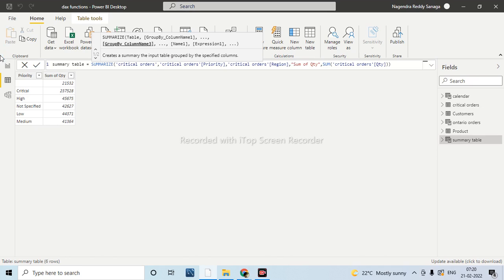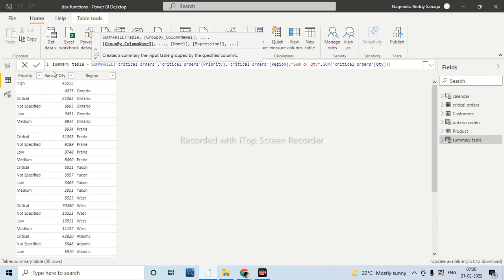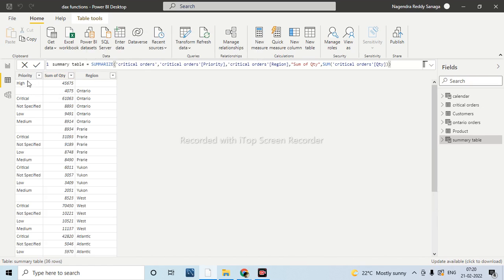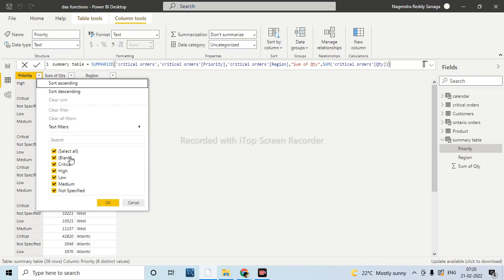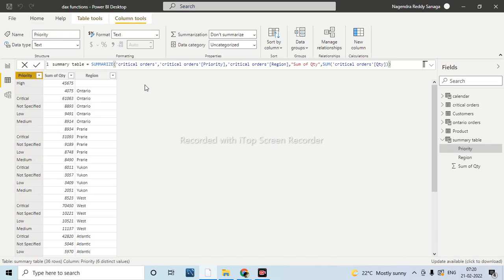Now if you see in here, it will split the information for each priority, different types of regions. Now you can see the information. Now let me exclude blanks here. In this table also, you can filter out multiple information. For example, now we have taken this whole information, right? Now my requirement is I want to exclude the blanks. Here I am just removing them, but not when I am loading the table itself. If I want to exclude the blanks itself, then what you can do is directly you can create it.